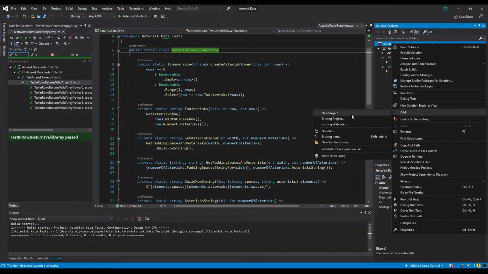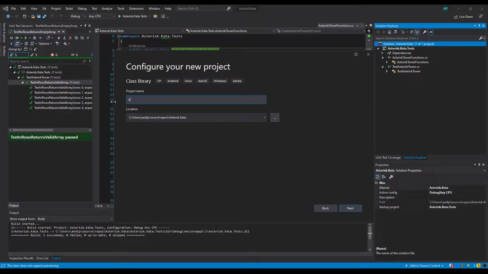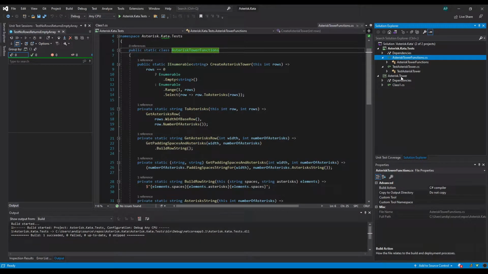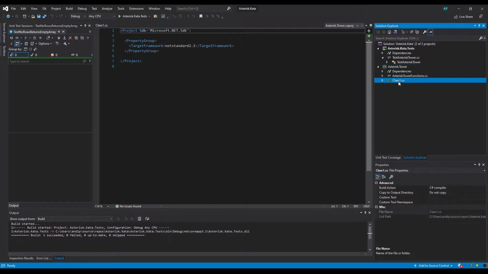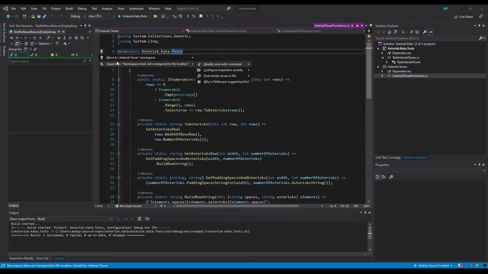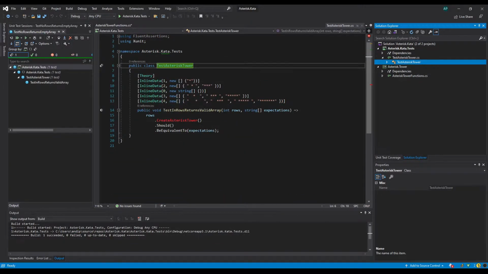So I'm going to start here by actually adding a new project, and this is going to be a project that's going to hold the actual implementation. So I'm separating the tests from the implementation, which is something I didn't complete in the original test-driven development example. So what I'm going to do now is do this the old fashioned way. I'm going to literally cut and paste that class into the new project, which is a bit crude, but sometimes the old ways are the best. Just going to change the namespace using the ReSharper refactoring tools, and